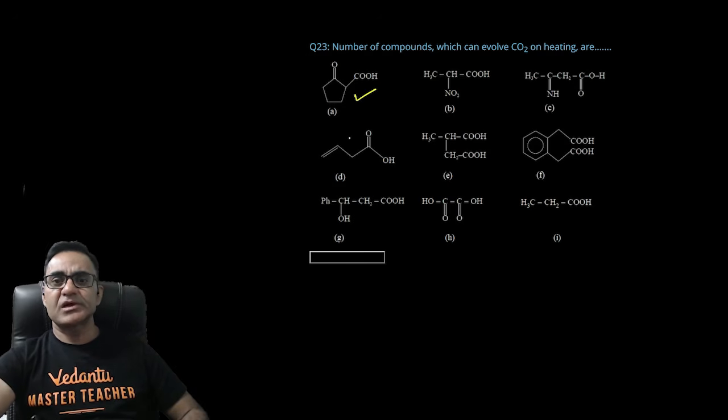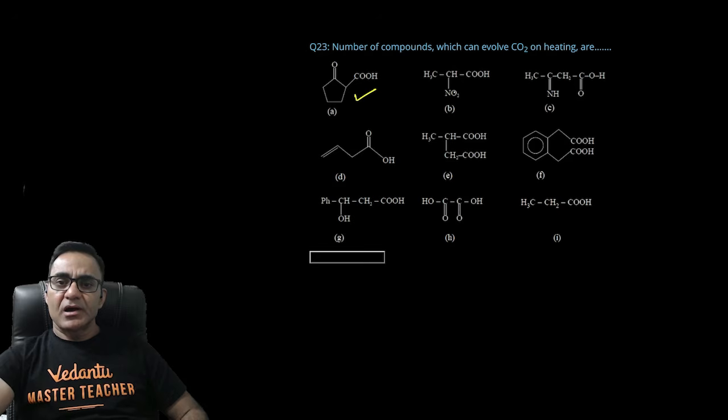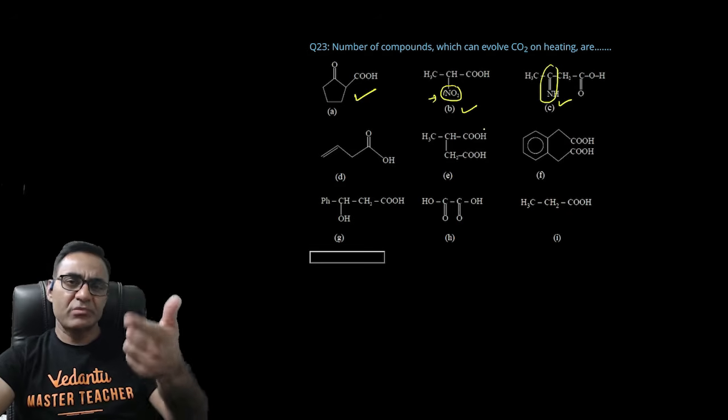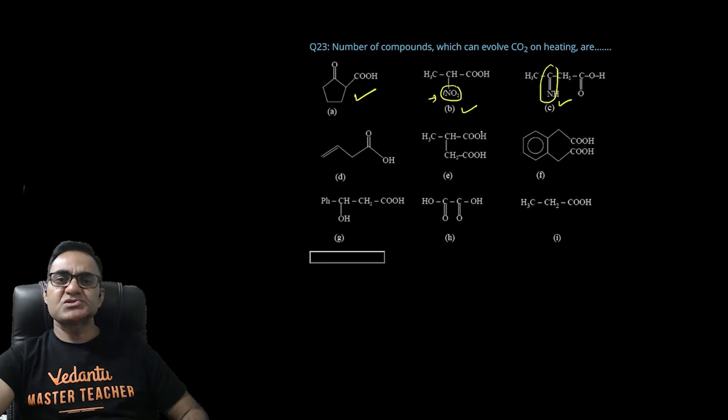देखो, ये बीटा कीटो एसिड है, डीकार्बोक्सिलेट हो जाएगा। यहाँ बीटा पोजीशन पे एक अनसैचुरेटेड ग्रुप लगा हुआ है, इसका भी डीकार्बोक्सिलेशन हो जाएगा। ऑलराइट, यहाँ पे भी वही बात है, अल्फा बीटा अनसैचुरेशन है बीटा पे, यहाँ भी बीटा पोजीशन पे अनसैचुरेटेड है। एक तरह से देखा जाए नाइट्रोजन को मैं कीटो एटम मान लेता हूँ जहां पे अनसैचुरेशन शुरू हो रहा है, तो इसमें भी साइक्लिक ट्रांजिशन स्टेट बनेगी, इसमें भी